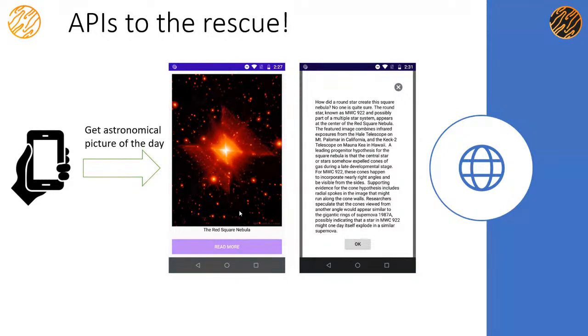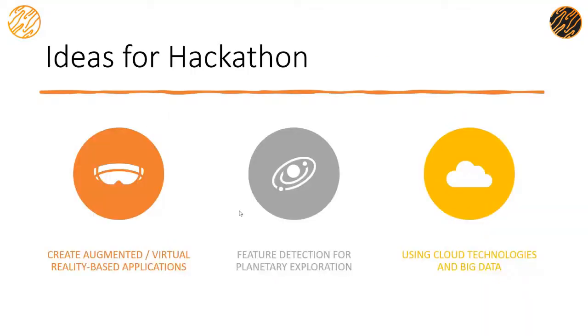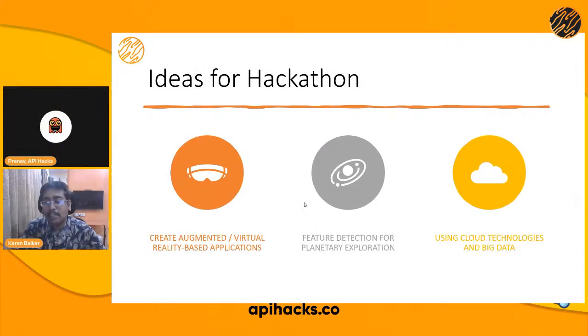And here is where you could leverage the API first approach as well. So coming to the end of the presentation, in terms of ideas for hackathon projects, this kind of approach would be very well suited if you're developing AR VR based applications, where based on the picture that you obtain, you can show a 3D model, or create a virtual world based on the information that you have, and let the user experience that world, instead of being directly in space. That kind of use case can be done using this approach.